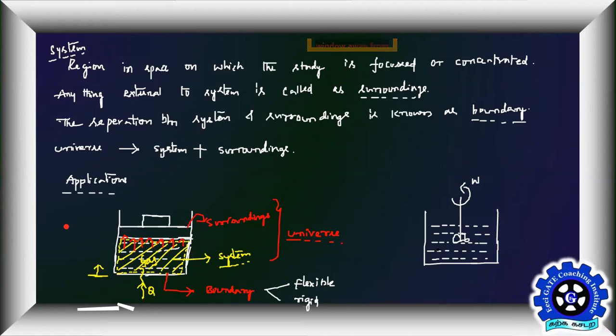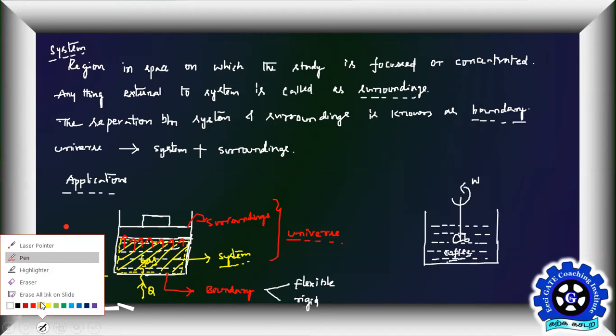So this is your coffee. Is it right? By using a spoon, you are supplying some work. Yes or no? So what is your system now, in making this coffee come to a comfortable temperature to drink? What is your focus? Coffee, sir. Coffee. Very good. Fantastic. Now let me draw a system boundary, something like this.